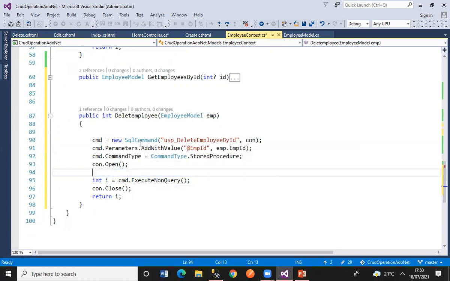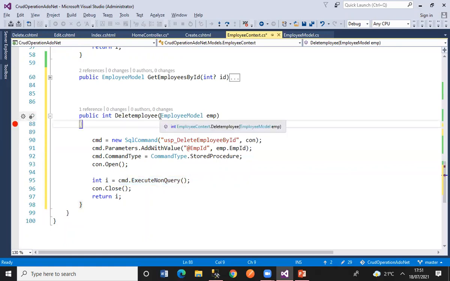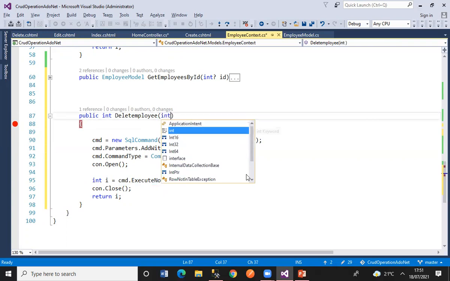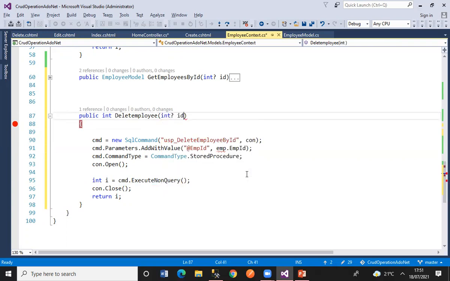Simply, guys, you're writing a SqlCommand class with DeleteEmployeeByID. You're calling this stored procedure. This stored procedure requires a parameter. You're saying the type is stored procedure type, connection open, connection close, and in the middle of that you're going to execute the query. So let's keep a breakpoint here. Make sure that here you should have int? id. And here you're going to replace this ID with this.